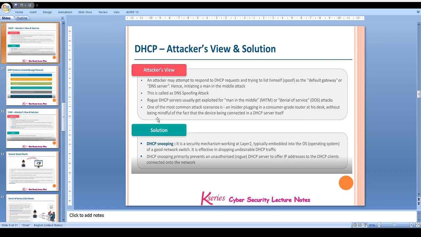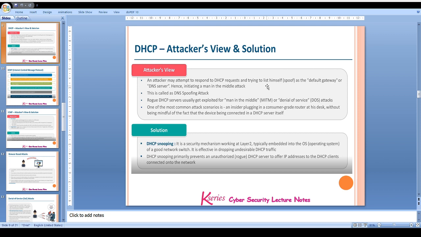Now, from the attacker's view, how can an attacker attack this particular protocol? An attacker may attempt to respond to DHCP requests and try to list himself as the default gateway. That is, here he can initiate a man in the middle attack.